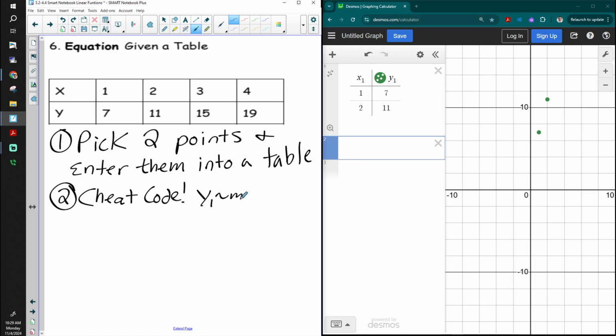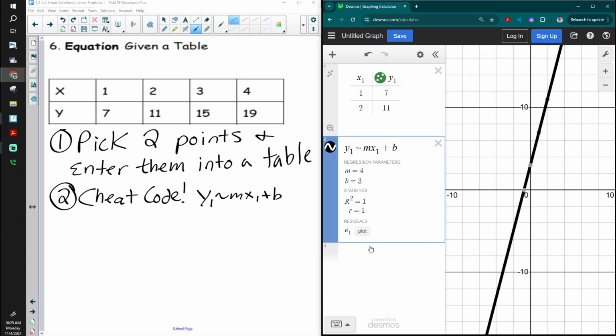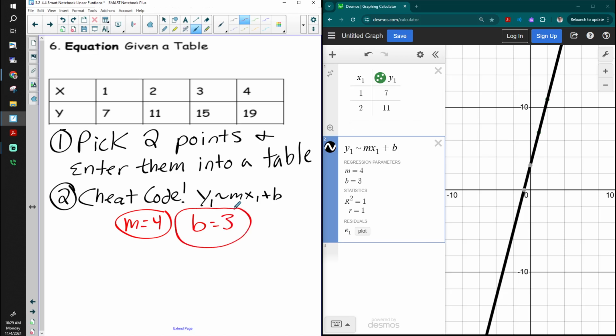y1 squiggly mx1 plus b. We got our m, we got our b. Now we can write our equation. M equals 4. B equals 3. So our equation is y equals